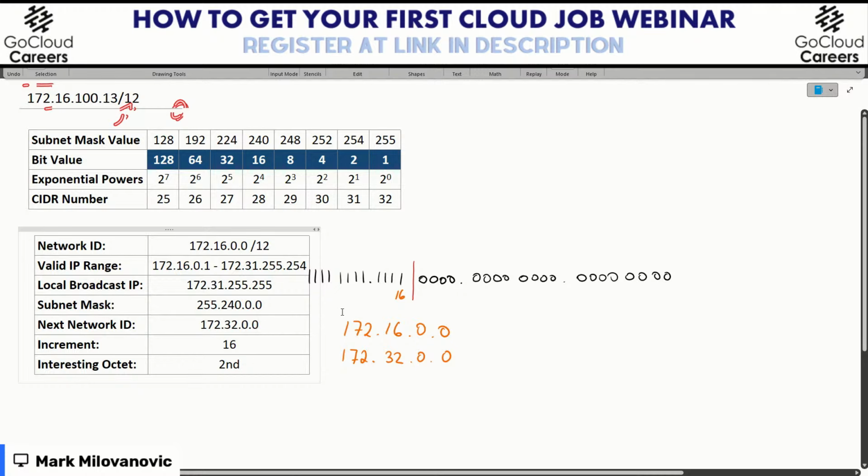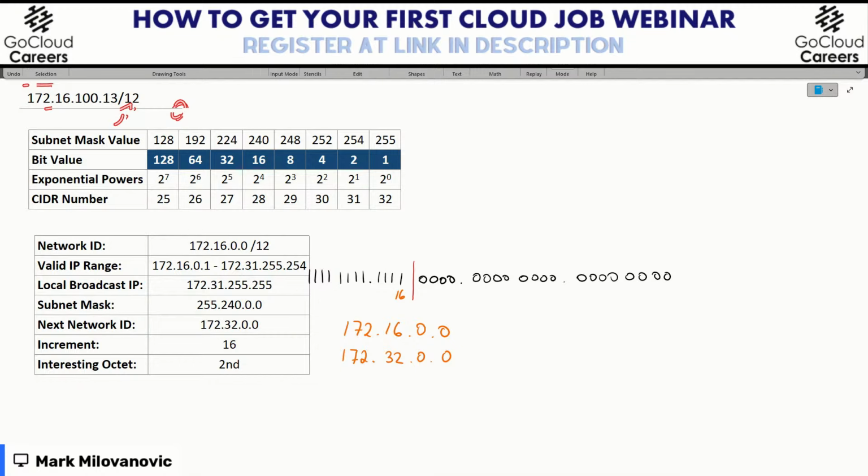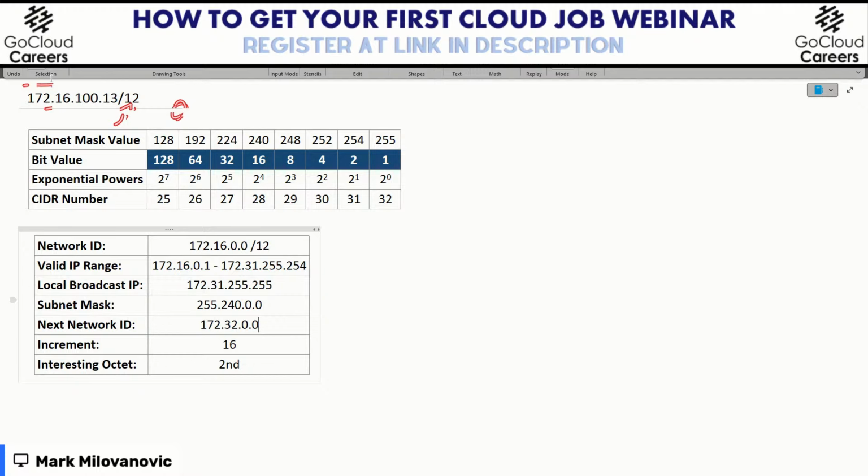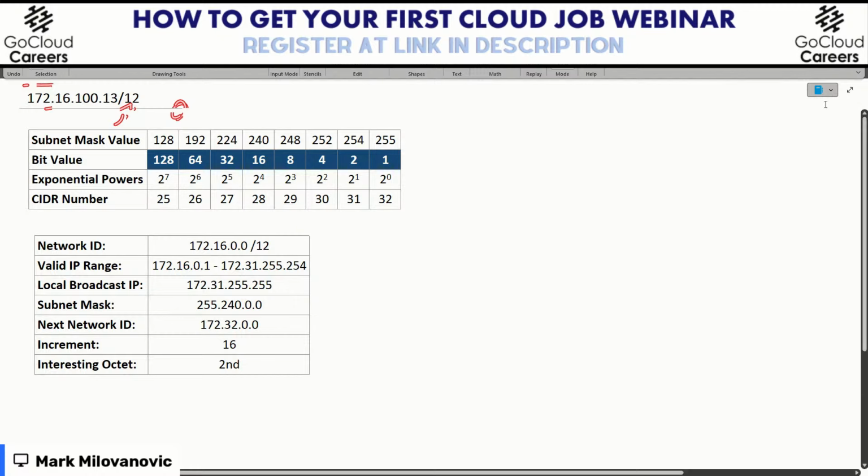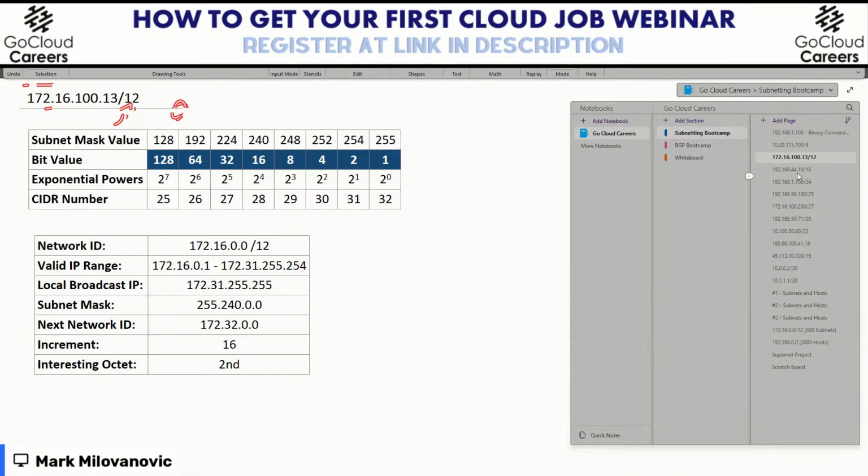Okay, so this was a little bit harder example, but I hope it showed some of the pitfalls that can happen, and how we can navigate them as well. So I'm going to move on to our next one. What I want to show you guys is how we can drastically speed up this process of doing the calculations, trying to figure out my network address and my range, all based on the increment. So let's do that. Let me pick up, and yeah, let's do this one.